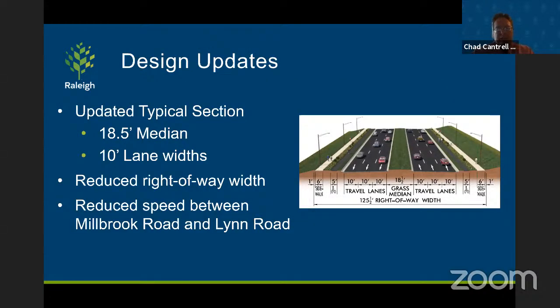Design updates. Since we last met, we've discussed and reviewed with NCDOT some exceptions, some differences from the previous design. In this example here, we've reduced the median width about 5.5 feet, and NCDOT is approving a 10-foot lane width, which for NCDOT, who is typically associated with highways as opposed to local roads, 11-foot is their standard lane width. However, our design guidelines under AASHTO do allow for 10-foot lanes, and several studies along the way have shown no increases in accidents. I know there's been some concern from residents on the 10-foot lanes, and they are consistent along